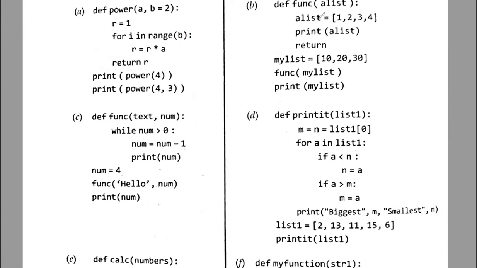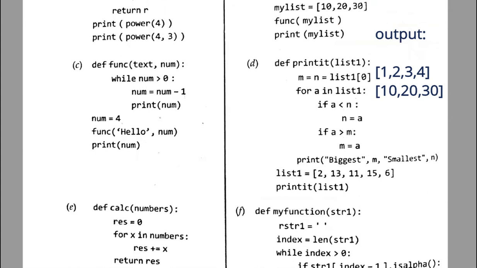B question, I have a list is equal to 10, 20, 30 and print a list. Here my list is going to get assigned this value, and then I'm changing the value completely to 1, 2, 3, 4, and a list is going to get printed on the screen. 1, 2, 3, 4 will be printed here, and after which if I'm printing my list, the old value will be retained. 10, 20, 30 will be printed on the screen instead of 1, 2, 3, 4. Why this happens is, inside the function, a new variable a list will be created instead of changing the value of my list, and that is how the value of my list is retained.